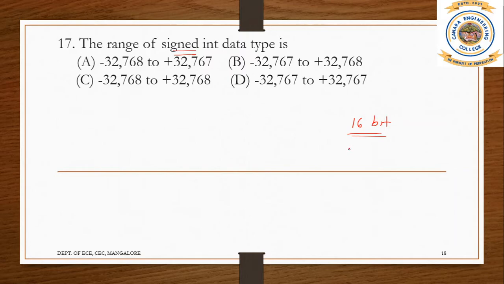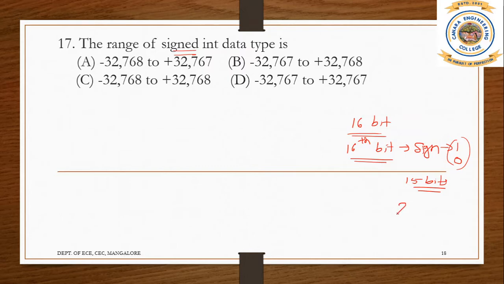So when I say signed integers, the 16th bit will be the sign bit. The 16th bit will indicate whether your number is positive or negative. That is, if the 16th bit is 1, your number is negative. If the 16th bit is 0, the number is positive. That means your 16th bit is exclusively for deciding whether your number is positive or negative. So what is remaining now? Only 15 bits. So 15 bits will give you the idea of what your number is.